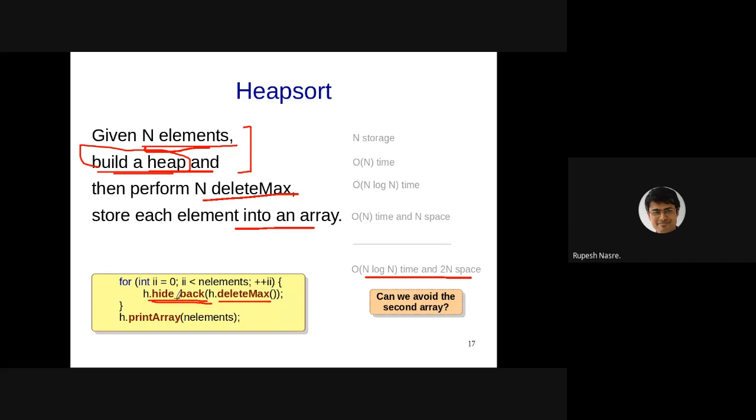This hide back is storing it at the n minus 1th location in the first place, then the n minus 2th location, n minus 3th location, and so on. And for the remaining elements, we are going to perform the delete max, and that is going to give you a sorted order. Okay. Any questions on this part?